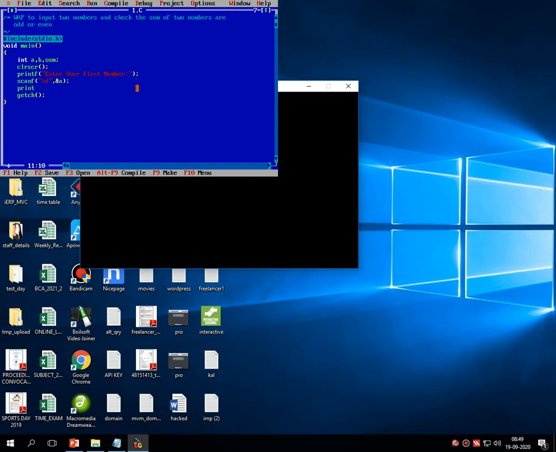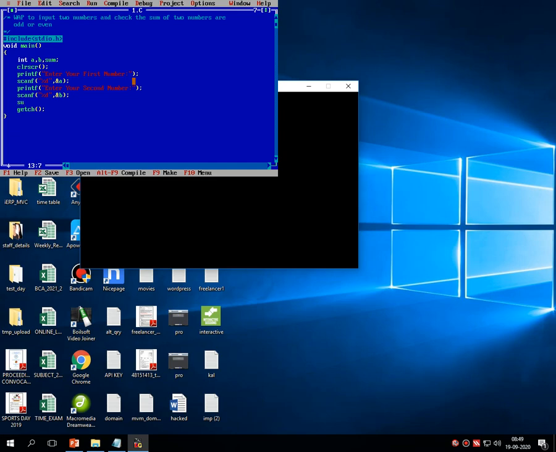Then the next message is printf enter your second number, scanf %d comma ampersand b. It reads the second number from the user and stores it inside the variable called b.